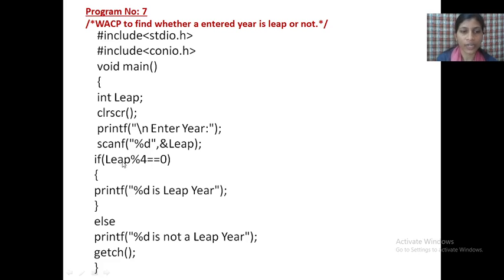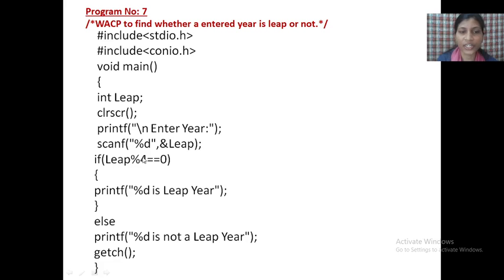So if the year is divisible by 4 and its remainder is 0, then that year is a leap year. If the year is not divisible by 4 and its remainder is 1 or anything other than 0, then that year is not a leap year. Okay, this is the condition we write here.